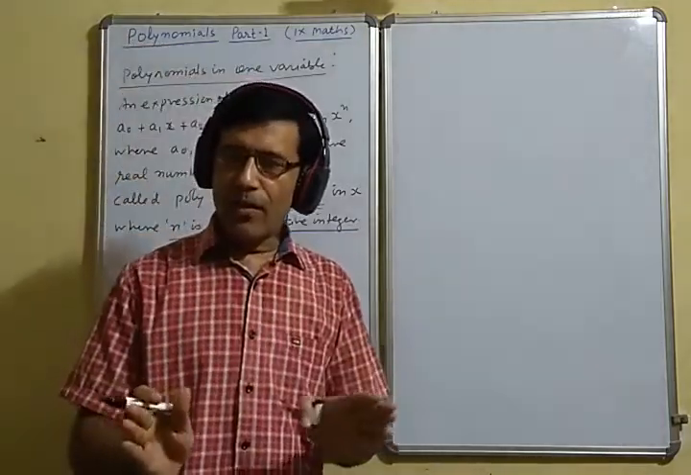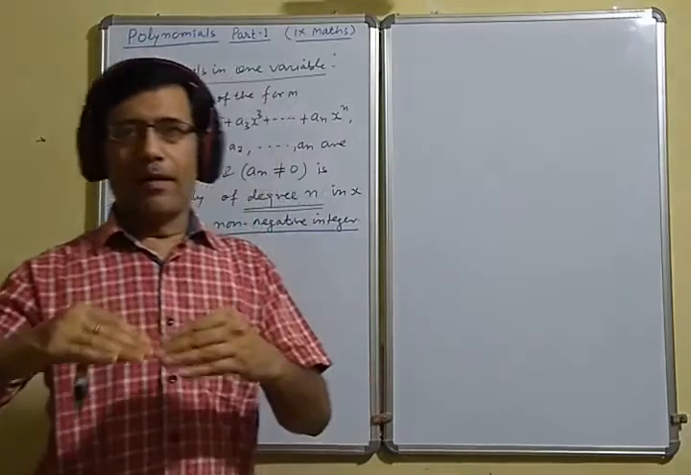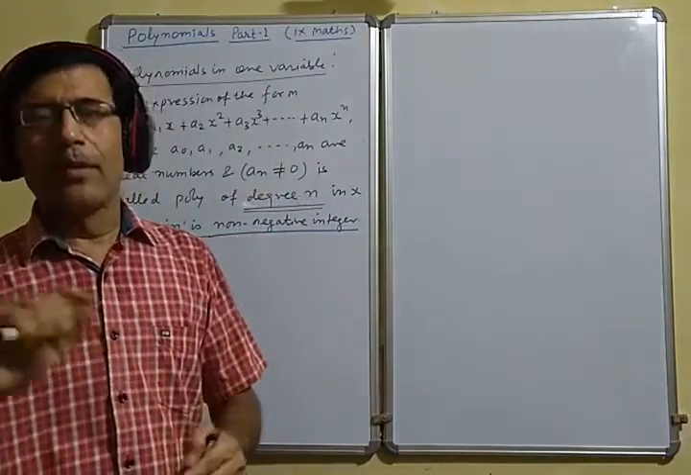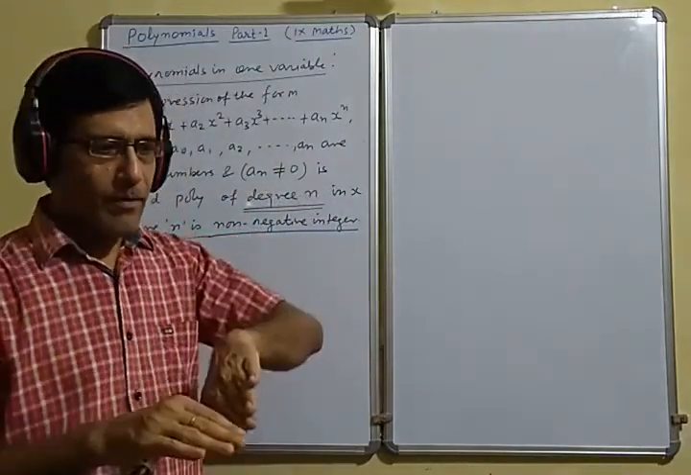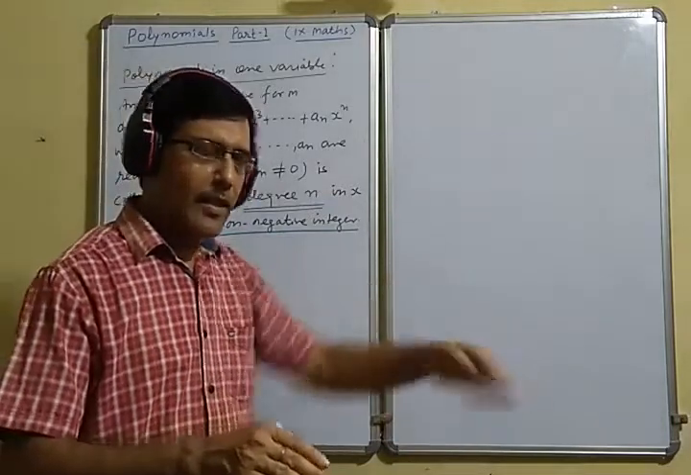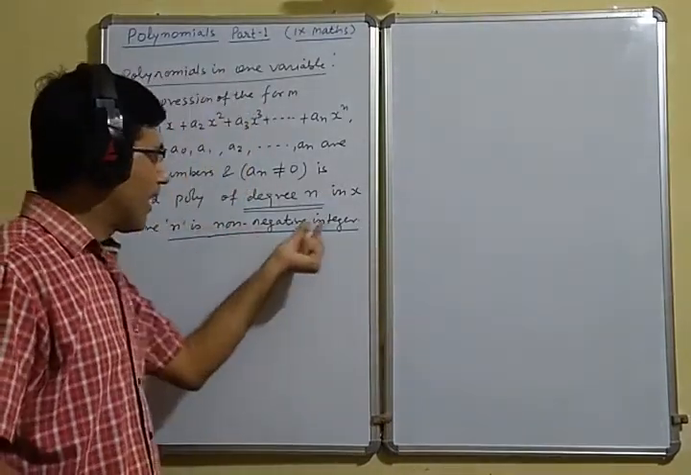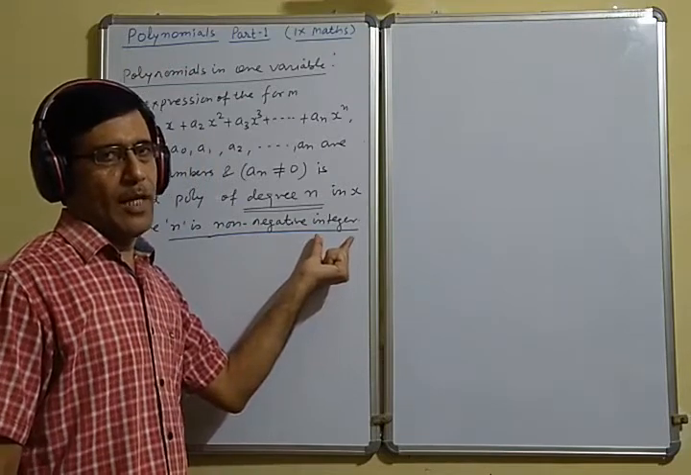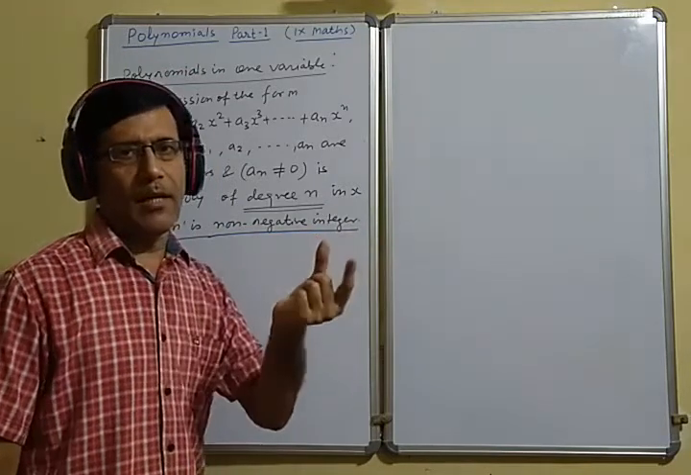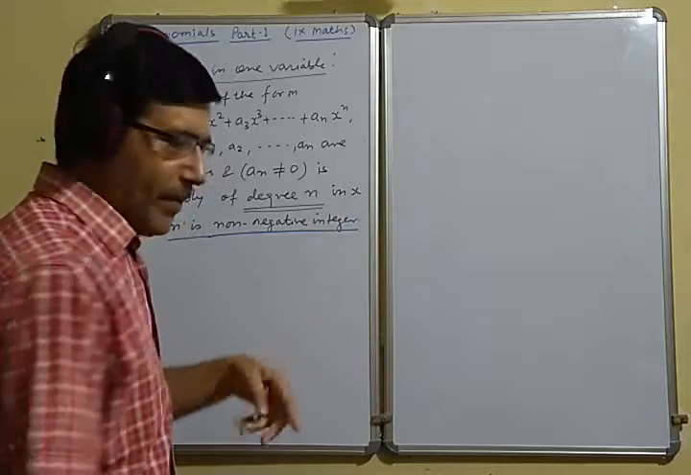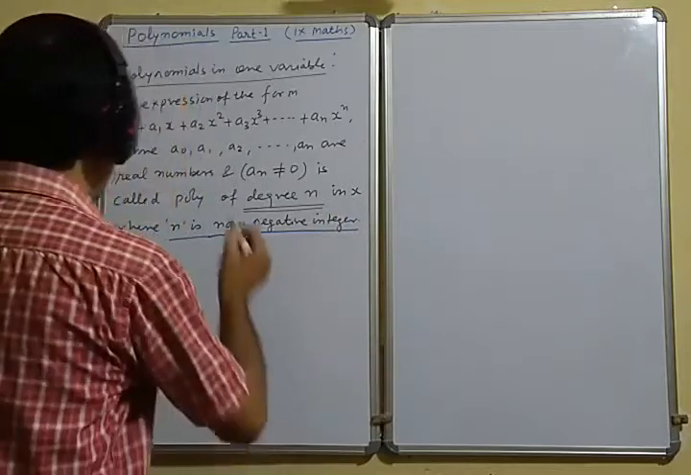0 is neither positive nor negative. After 0, there is the set of positive integers. Before 0, negative integers. So it is non-negative, and this one is the integer. That means you will always get integral values. It may be 0 also. So for an example,